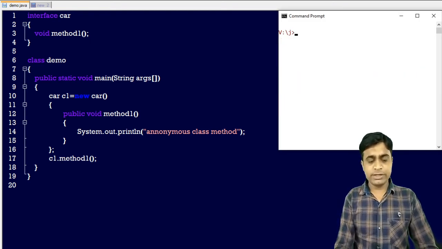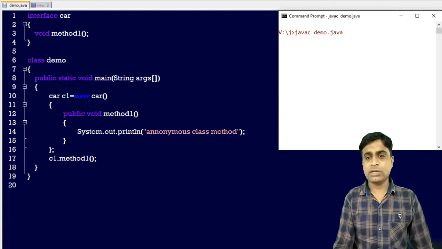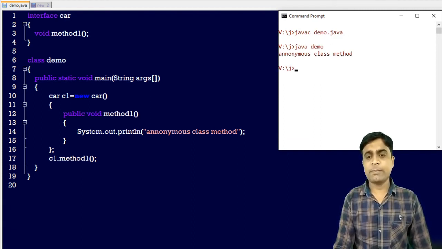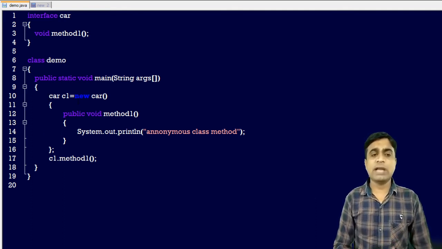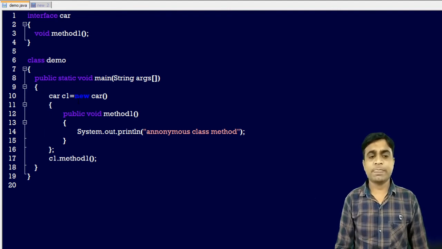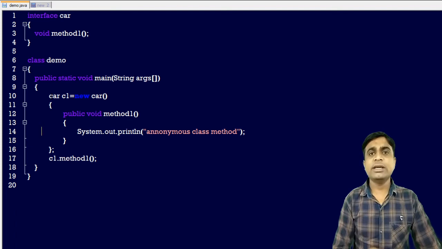So the method needs to be public. Now we compile and run it again, and you can see the anonymous class method. The advantage of the anonymous class is that we have not created any type of class. Without a class we are accessing this data. This is an example of the anonymous class.